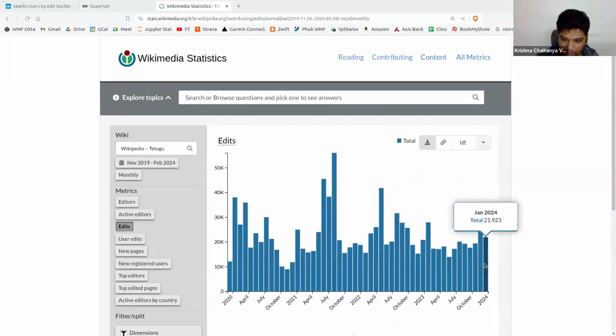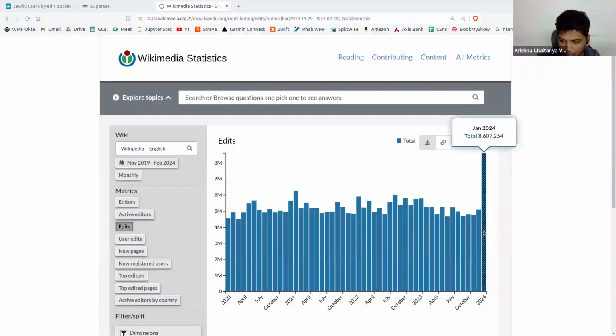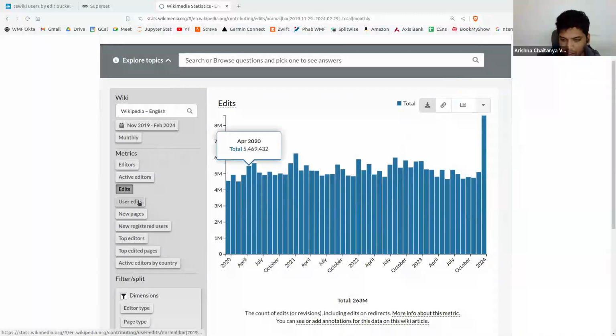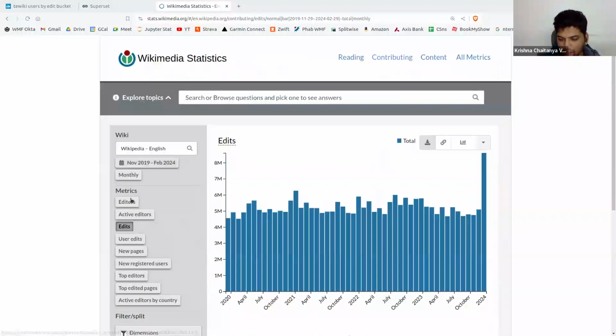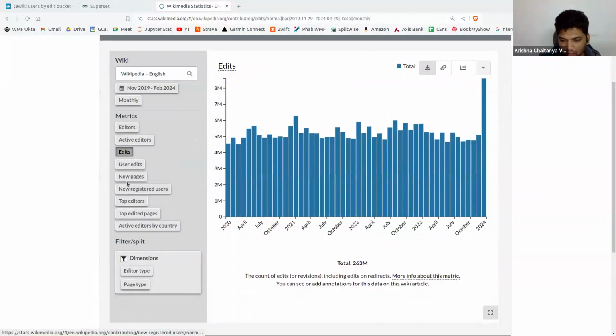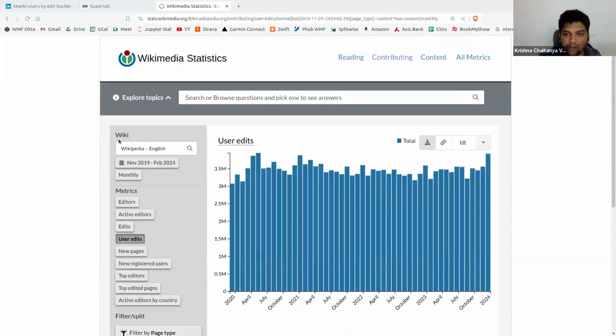made each month. Last month on Telugu it is 1,000 edits. You can also look for English, which will be much higher. In English, there are almost 8 million edits done last month. Edits are differentiated between user edits and bot edits. There are also a lot of bots on Wikipedia which do edits like maintenance and tracking. So there is a different split for user edits, which is 3.5 million, which is a huge number,